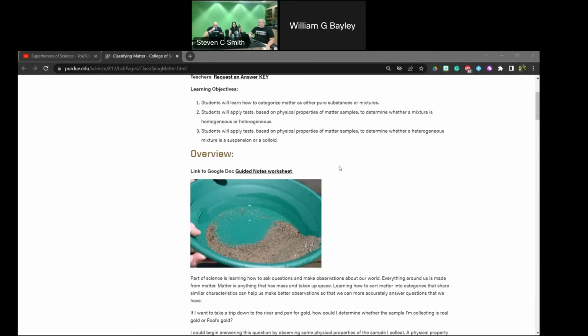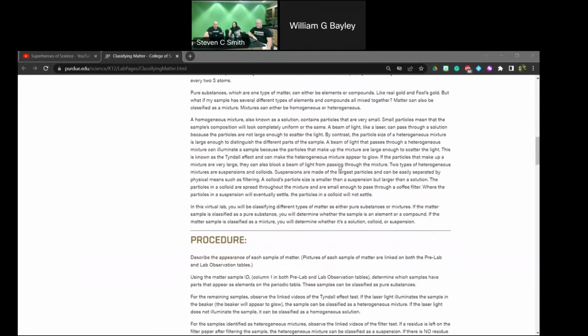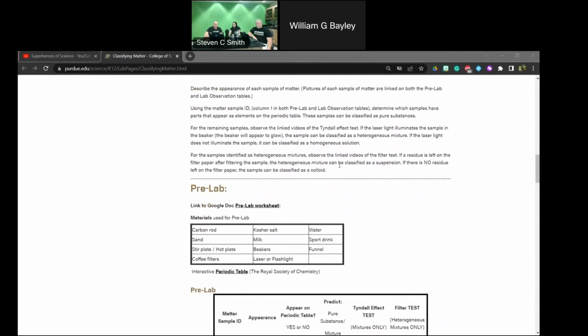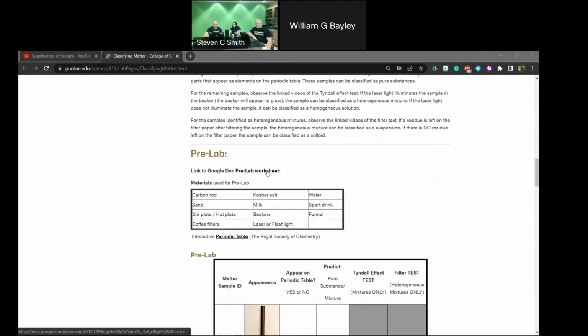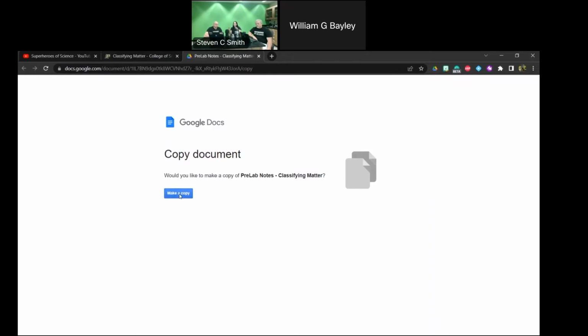Again, the link at the top of this web page is where you can request that answer key. If you fill that out, I'll email that straight to you, and that way you have that for your own records. But we aren't going to email those keys to students, and we'll double check. For the pre-lab worksheet, if we click on that, I'll click on this one just so you can see. I don't want you to get startled. It's not some kind of virus or strange thing.